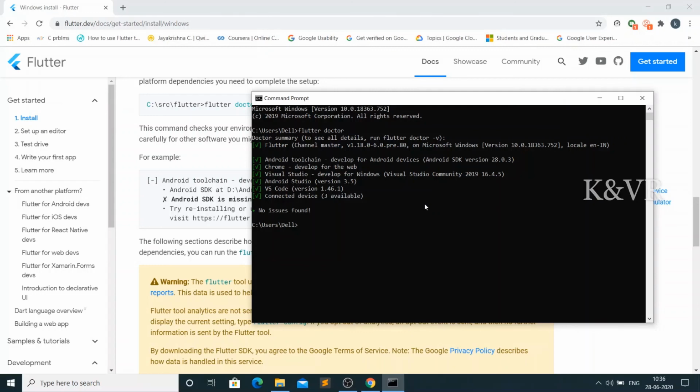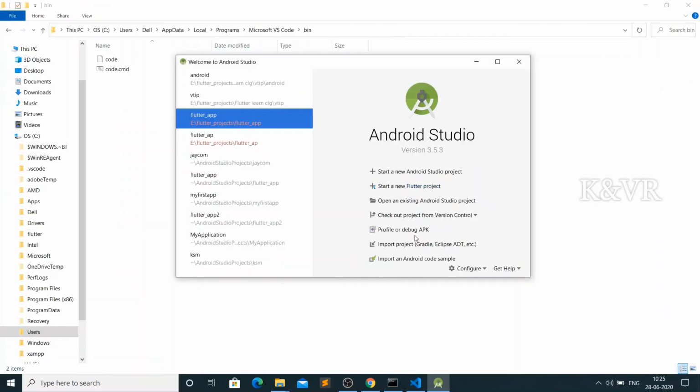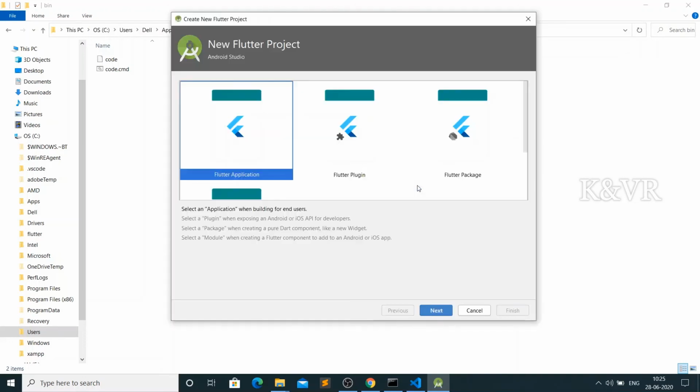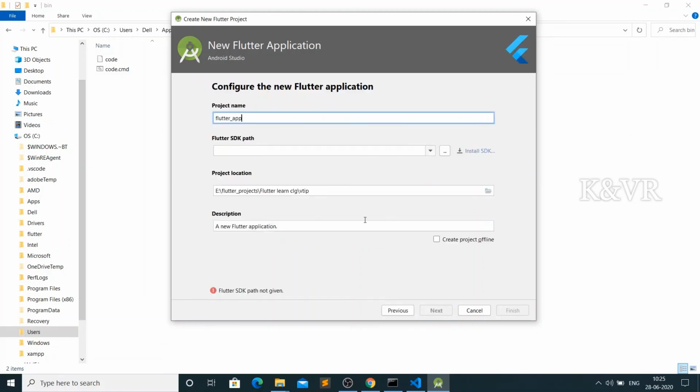Let's see Flutter. Here is the complete Flutter installation on our desktop. That's enough. Now start a new Flutter project. Just click on that. Here is the Flutter application. Click on that and click next. Here we need to give the Flutter SDK path.